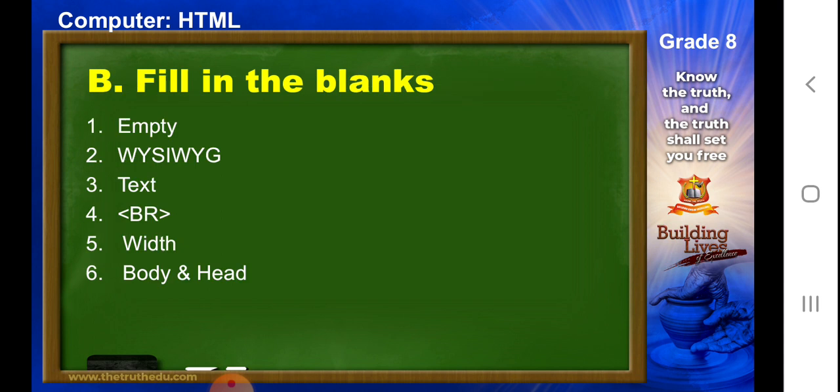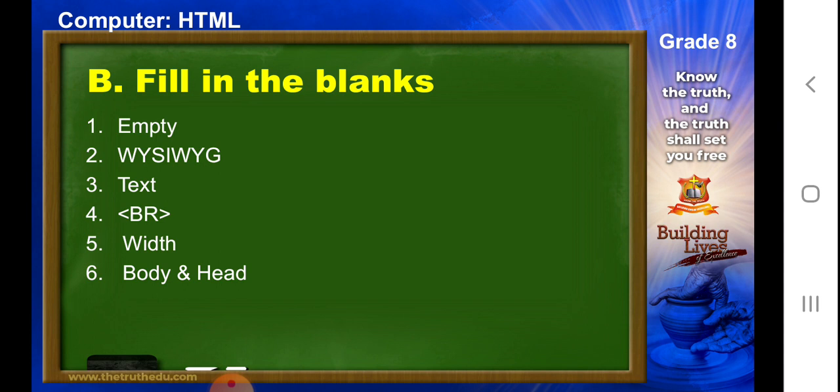So the first fill in the blanks is a tag that does not require a closing tag is known as empty tag. So our first answer is empty. Google Web Designer and Adobe Dreamweaver are two of the popular dash HTML editors. This is quite simple, which is WYSIWYG. So what you see is what you get.